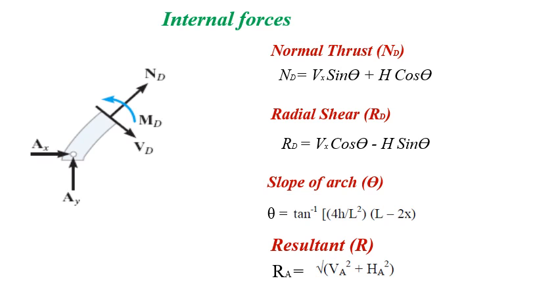At the support level, we find the reactions separately, horizontal and vertical. If you have to find out the total reaction, RA is the total reaction, found by combining these two, the horizontal and the vertical reactions, that is VA and HA, or here denoted as AX and AY. RA is equal to under the root VA square plus HA square.